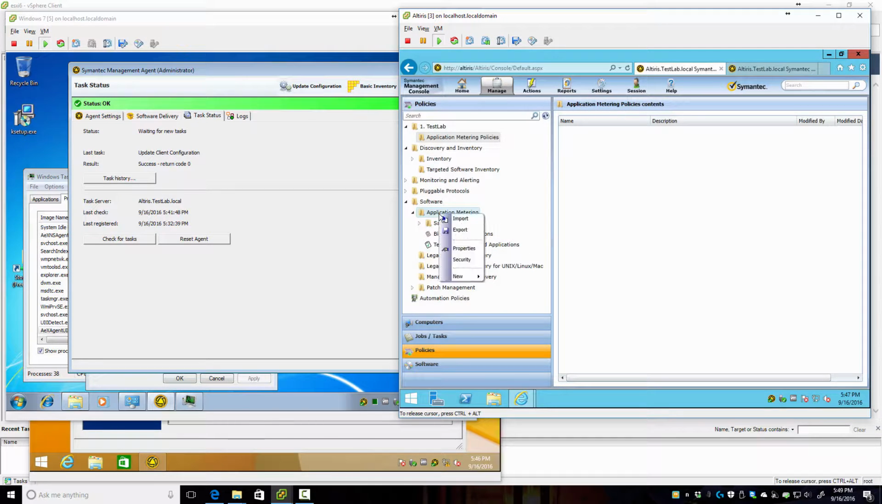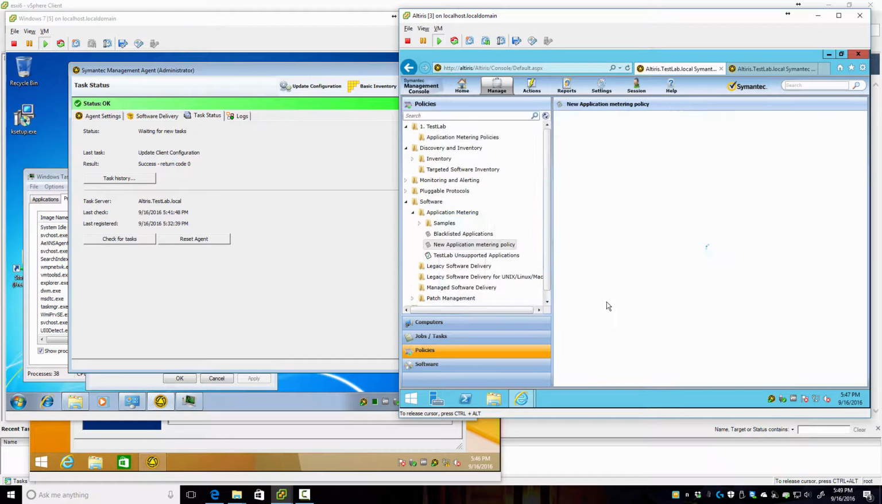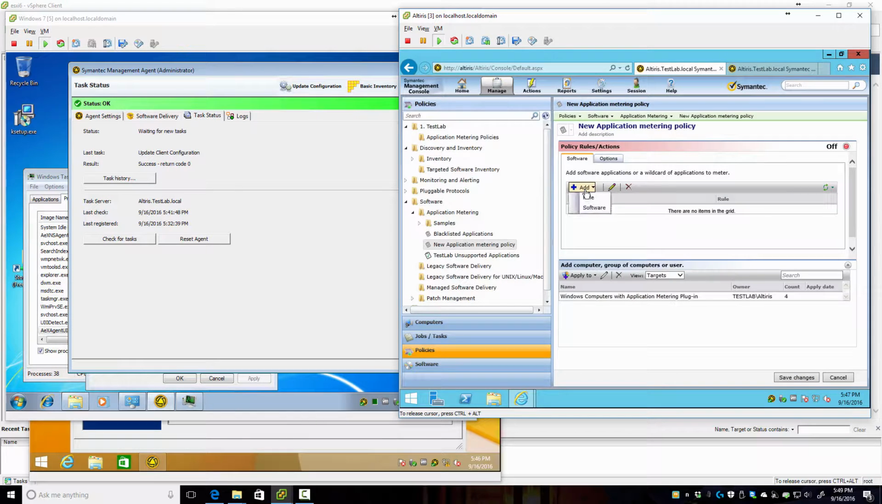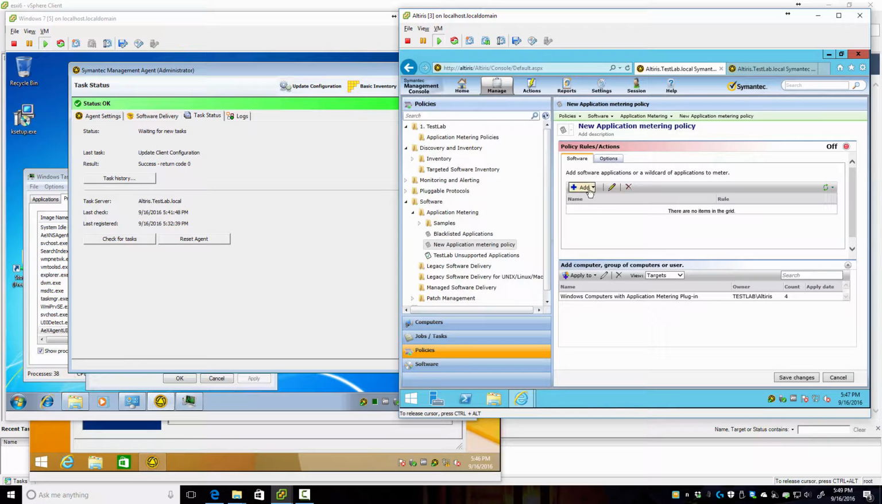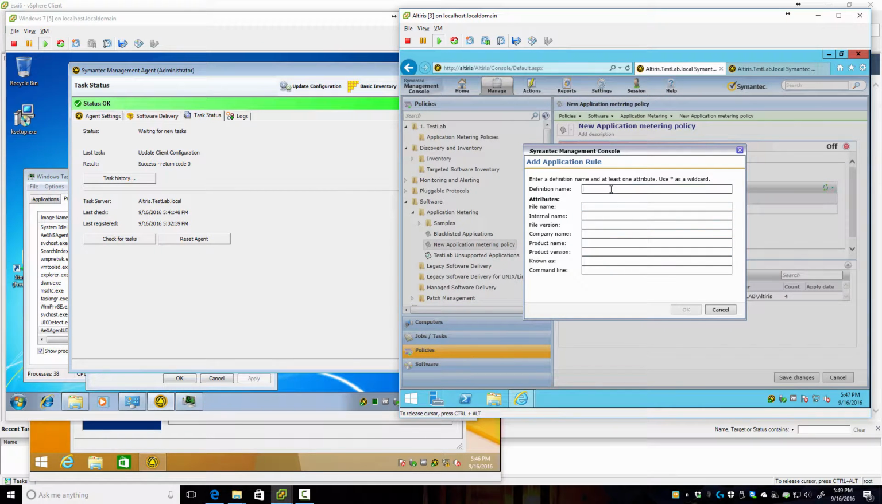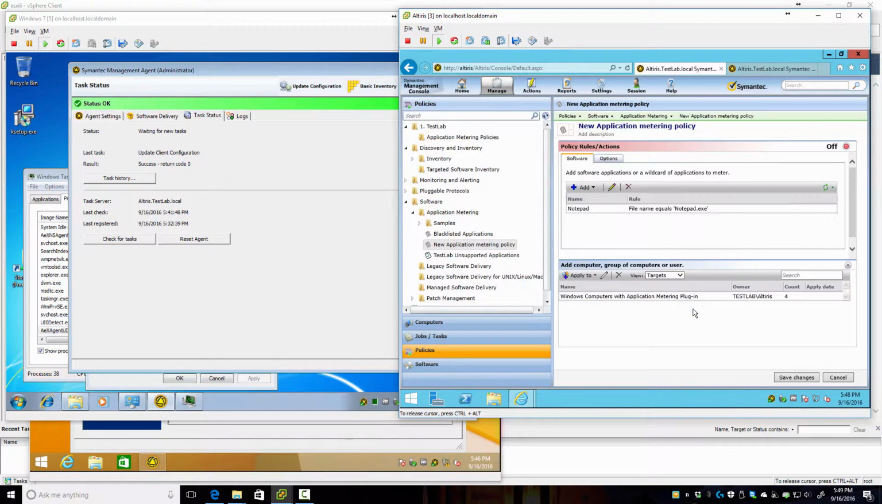So we will, new application metering policy, add software, no, need to do a rule, and we will call it notepad. Now this one we can't rename, so notepad.exe, but you'll get the idea. So we'll say OK, and I got another one we can do. So